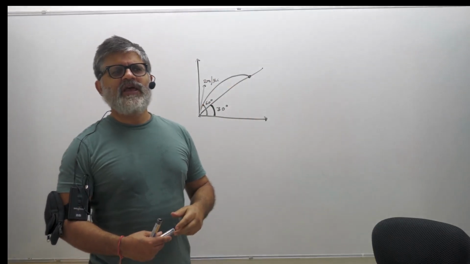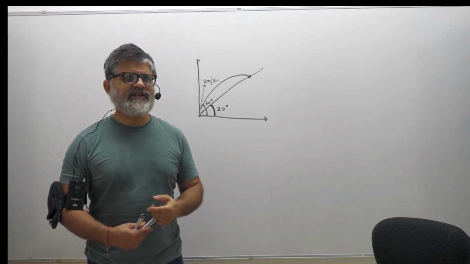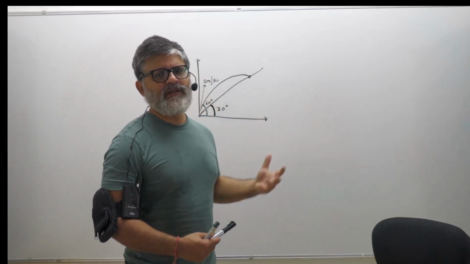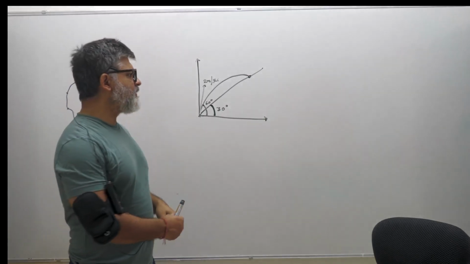Because if you see the formulas of inclined plane projectile, you have alpha minus beta and stuff like that. That slightly makes it complicated. So our job is to make it simple. So let's do it in a very descriptive manner.